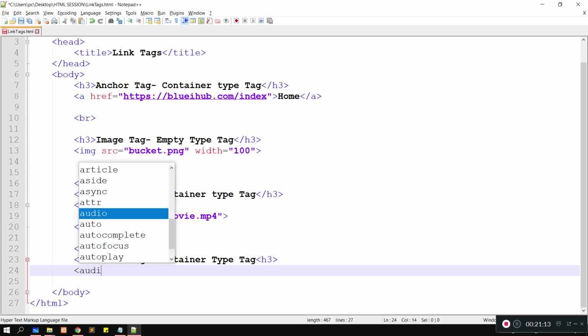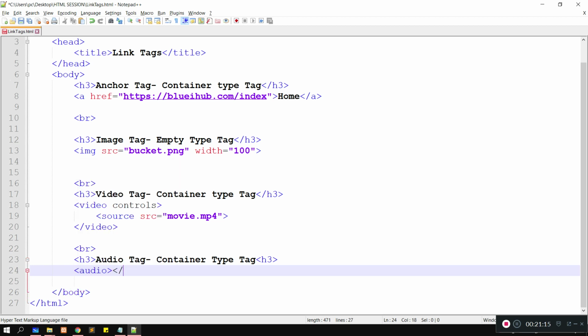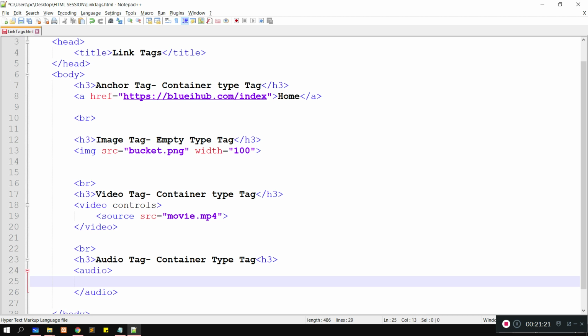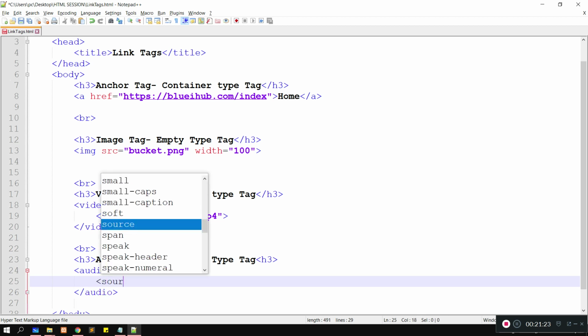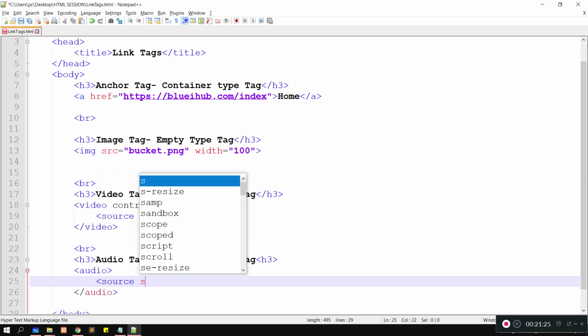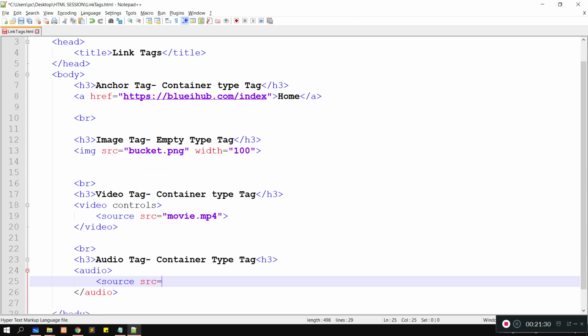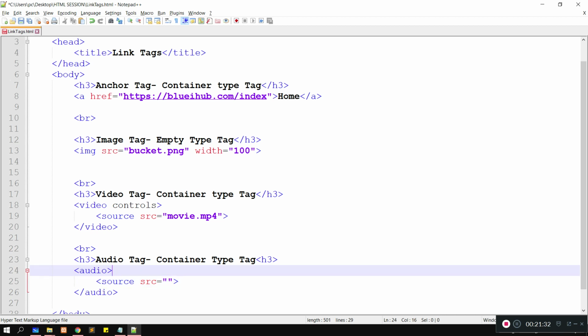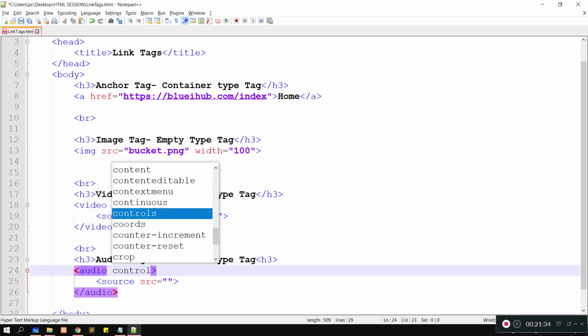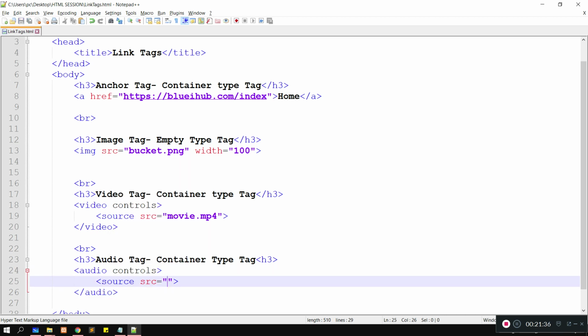We just have to write audio and close audio, and let me give the source, src equal to. Here also you can write controls, and here you can give any mp3 file name.